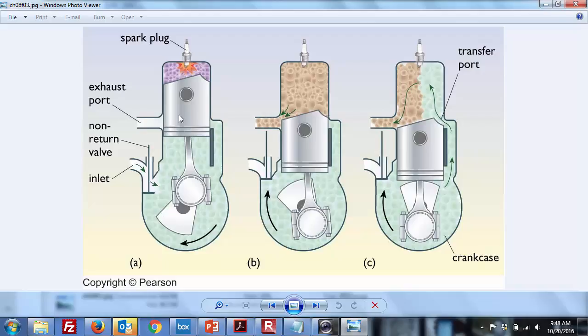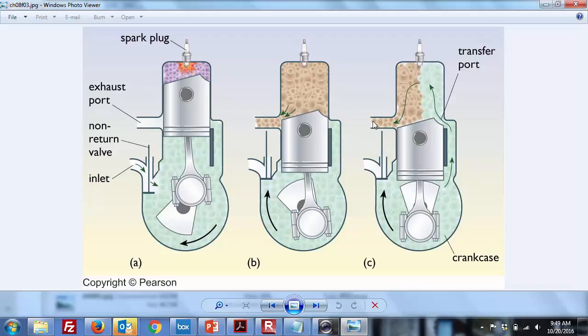And so really you have intake and exhaust happening at the same time. As this intake is happening, the spark's going off, here goes the exhaust. As this cylinder passes by the port, up comes the fresh. And this is why the two-stroke engines tend to be a little dirtier. You get a lot of unburned hydrocarbons because this is just a boundary between these two fluids. So some of this junk stays behind, some of this stuff is wasted out the port, but that's